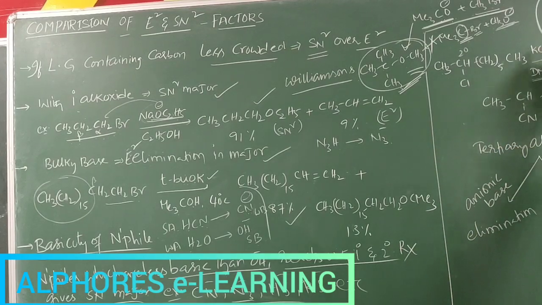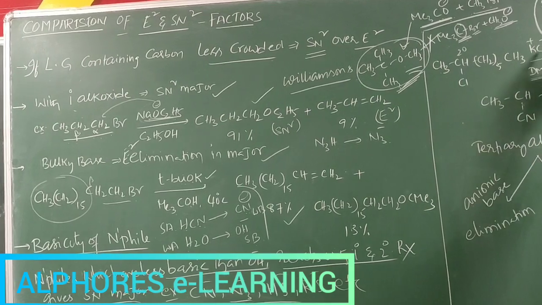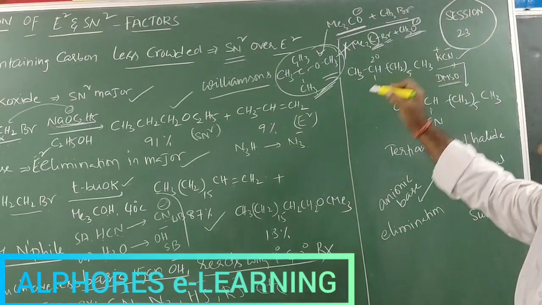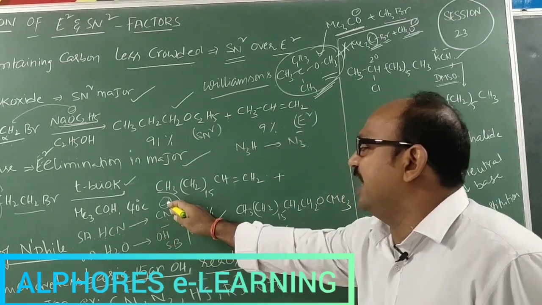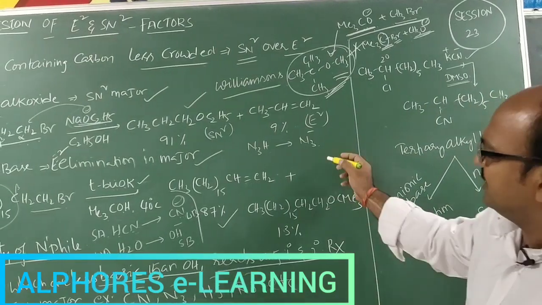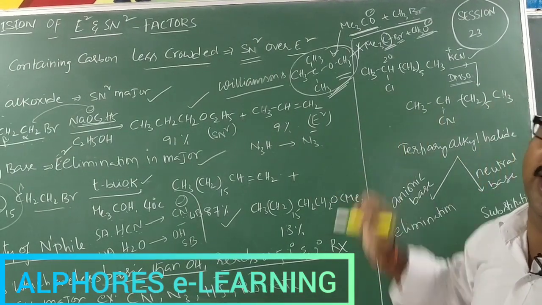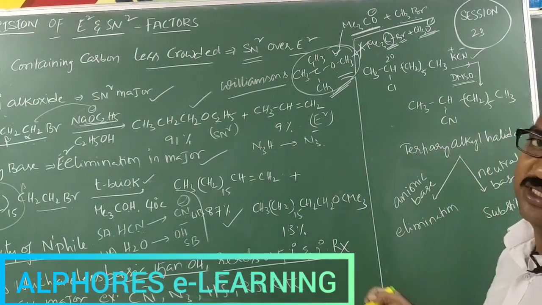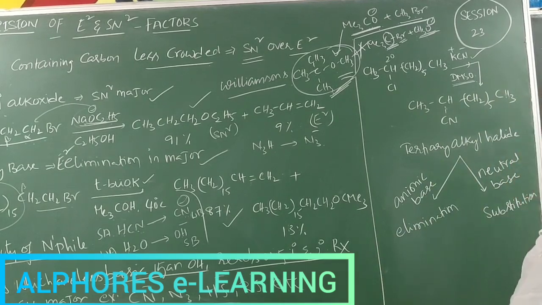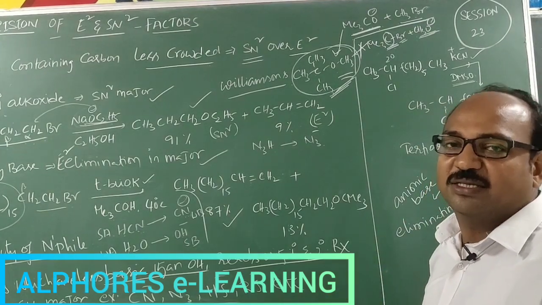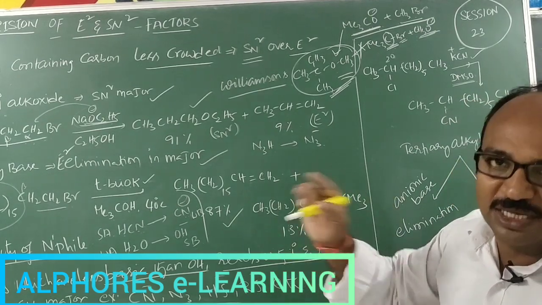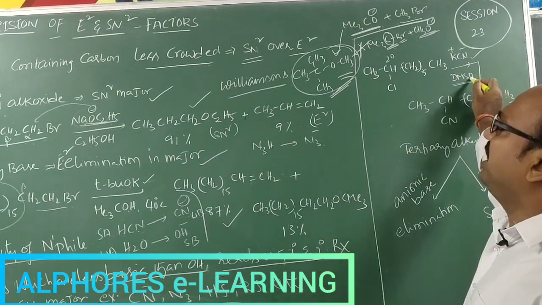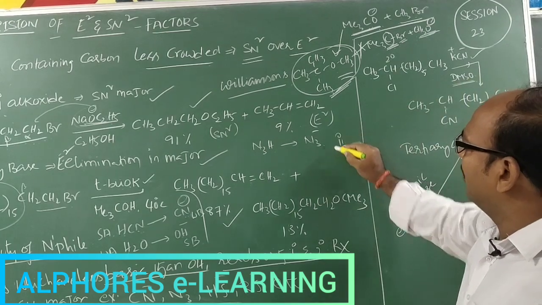So KCN, K plus CN minus, is an ionizing solvent. Preferably whenever we are using CN minus, as we just discussed, compared to water, CN minus is a weak base, but HCN is a weak acid compared to any other acid. So CN minus is a strong conjugate base. If we are using polar protic solvents, then it may abstract a proton. To avoid such a reaction, it is better to use DMSO, dimethyl sulfoxide.